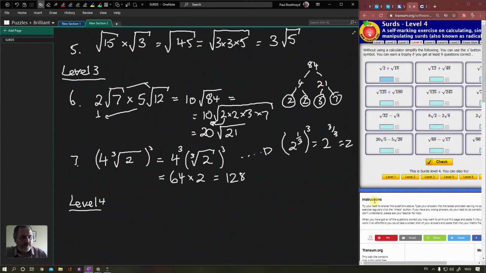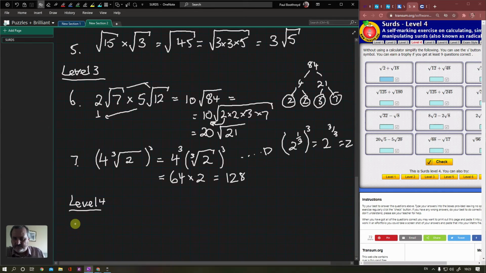So with the level 4, let's go for 1248. Now you're looking for one of these to be the same. It's a bit like dealing with fractions. Well, I know this is 4 times 12. So what I have is the square root of 12